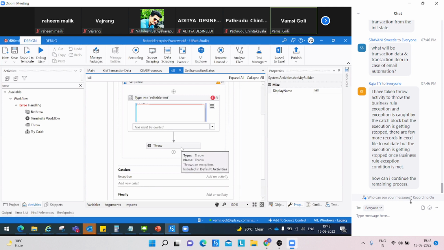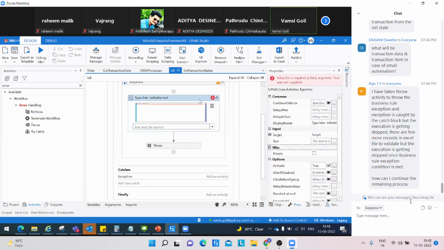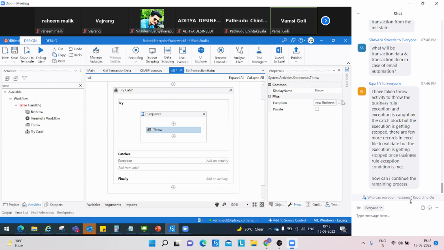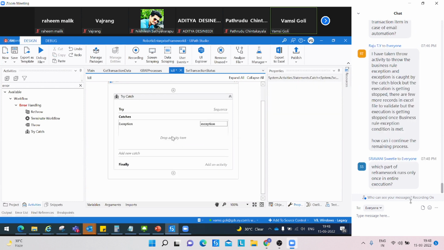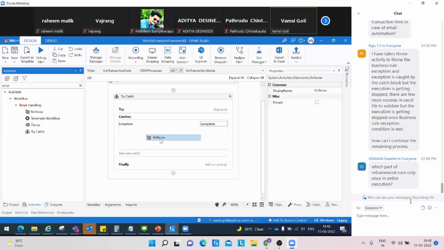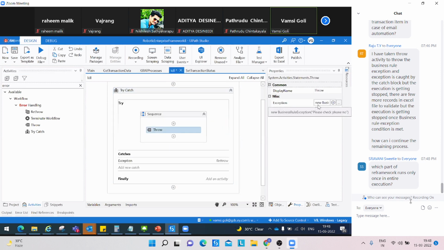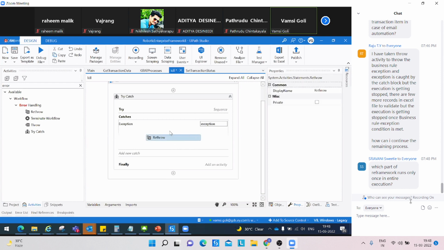I hope everybody has understood this. What I did is, if a phone number is not a 10-digit number, then I would throw a business rule exception. And when I'm throwing it, automatically the execution will go to catch here. Now in this place, I wanted to use a rethrow activity. What happens if I put a rethrow activity is, whatever message I have thrown here, if I need to throw this message somewhere else, let's say for example,